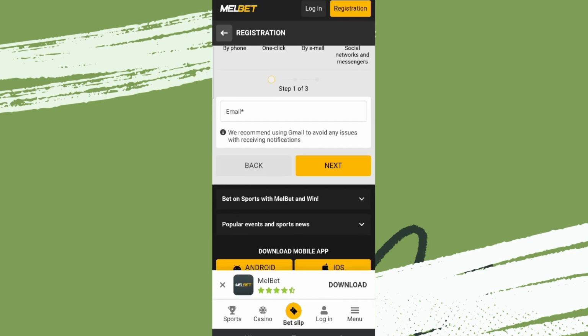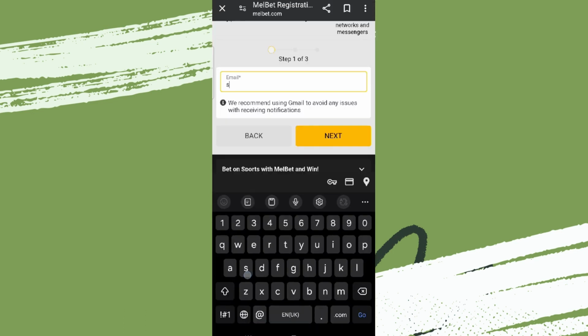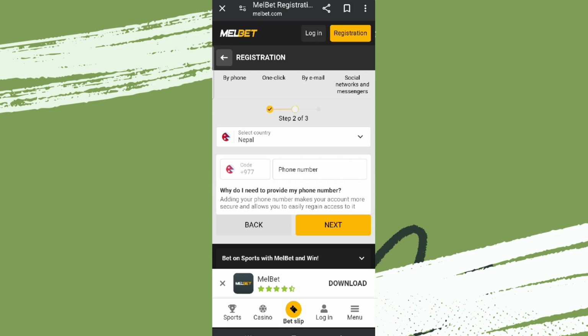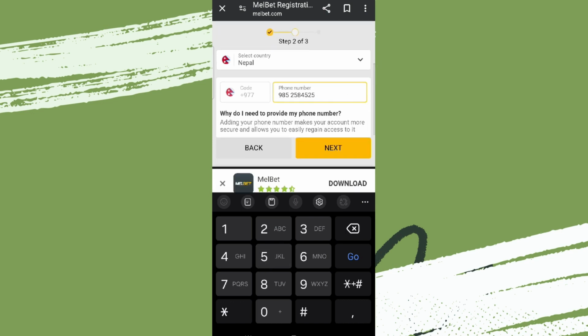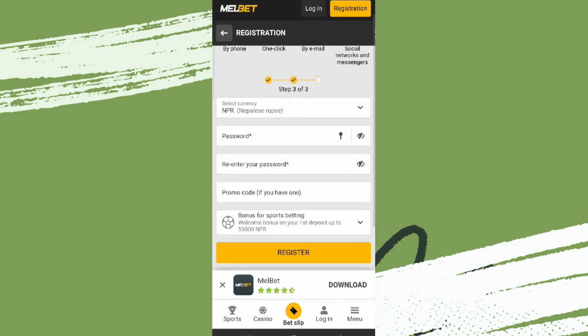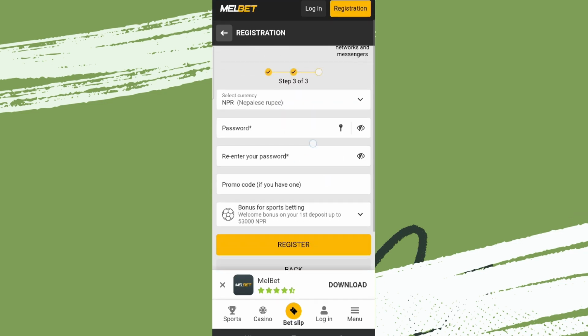Now here are 3 steps. At first, enter your email address. Now click on next. Now enter your phone number. Now click on next. After which, we need to choose the currency and enter the password, re-enter your password, and